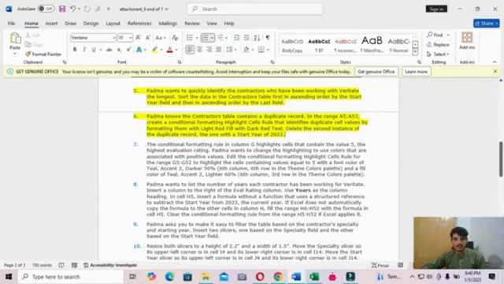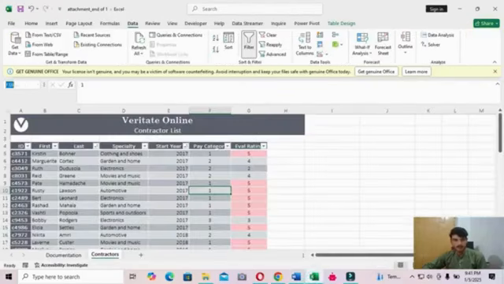Create a conditional formatting Highlight Cells rule that identifies the duplicate cell values by formatting them with light red fill with dark red text, and delete the second instance of the duplicate record. Okay, go back to the Excel sheet and select the range A5 to A53.